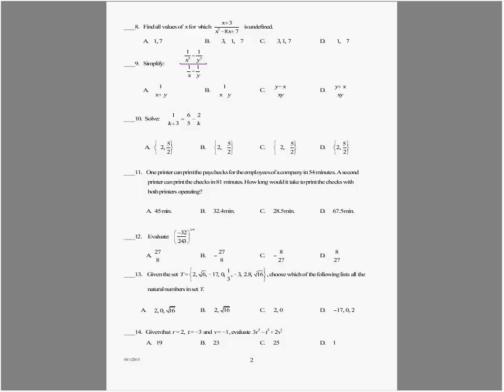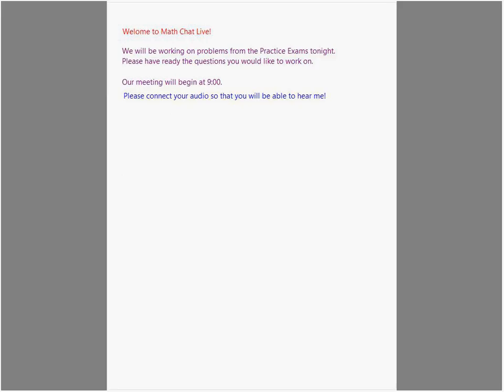So number 9. I'm actually going to open up another whiteboard because I think we're going to need more space on this. Write this one down. It's 1 over x squared minus 1 over y squared, over 1 over x minus 1 over y. Okay, a couple different methods that we can use to solve these very complex fractions.